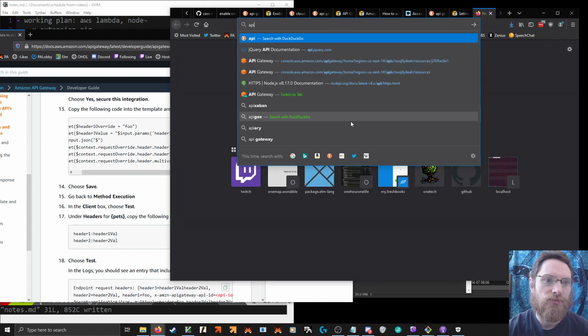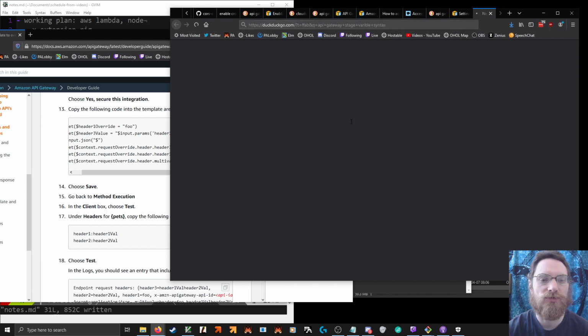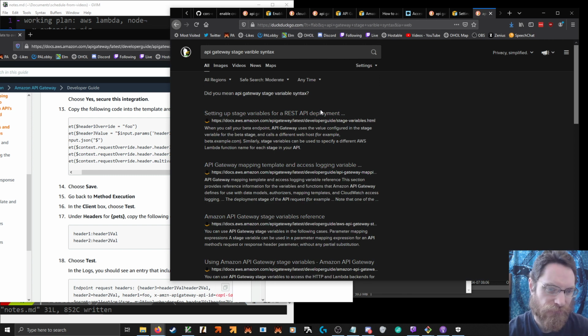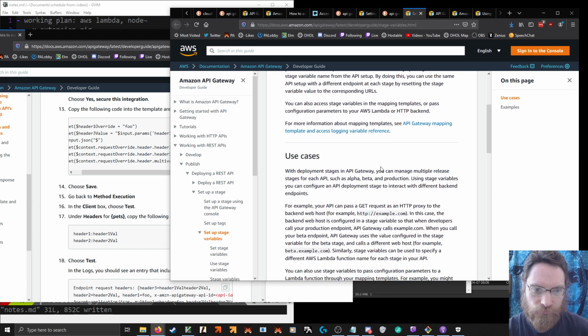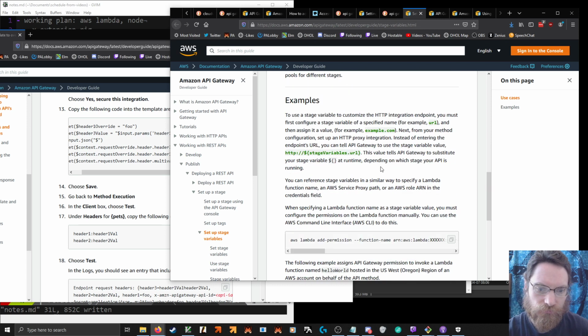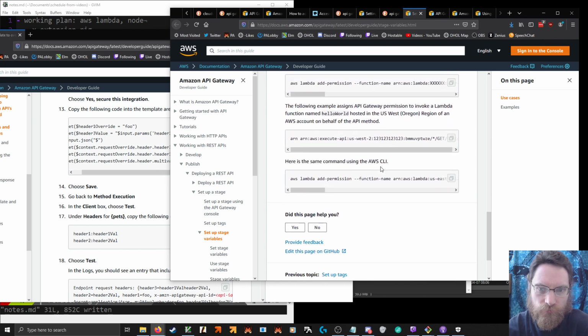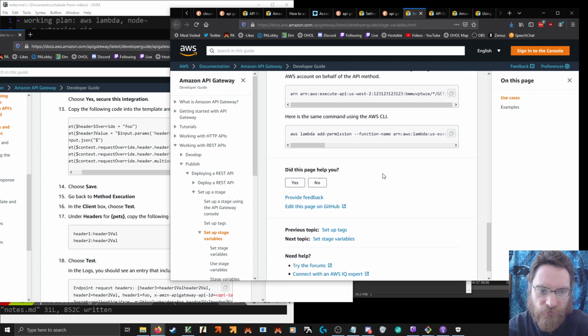How about API gateway stage variable syntax? Well, there's ARNs. ARNs aren't allowed apparently.